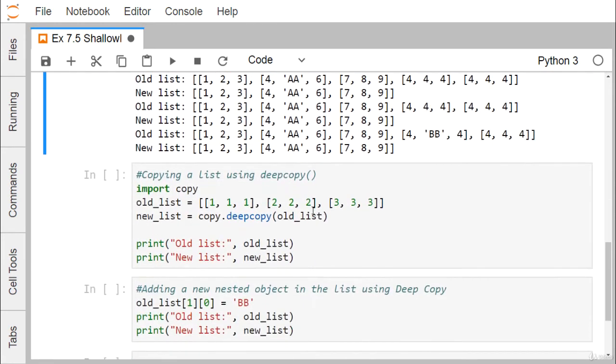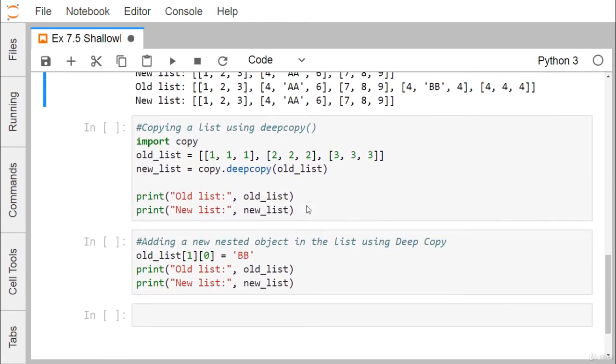So now let us go for the deep copy. Now the question is coming to mind, what is a deep copy? In case of deep copy, I'm going to discuss in detail. A deep copy creates a new object and recursively adds the copies of the nested objects present in the original elements. So it's very important that in case of deep copy, we're creating a new object. So obviously in that case, if we print the respective IDs, the IDs will be different here.